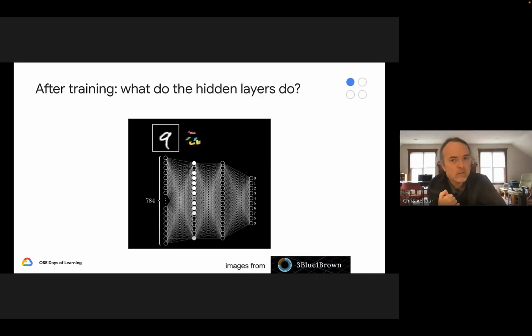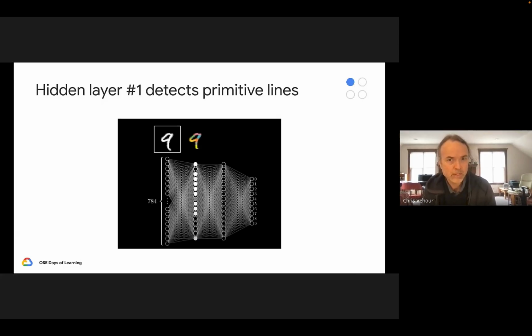And Carrie mentioned this earlier when the model that she showed was trying to detect faces. At first, you can think of that first hidden layer as looking for very primitive shapes in the image, like straight lines at different angles or just slightly curved lines. For example, in this example, the handwritten digit is being fed into the network. The first hidden layer might find the 7 primitive shapes you see on the slide in different colors. And those primitive shapes combine to form the digit 9.